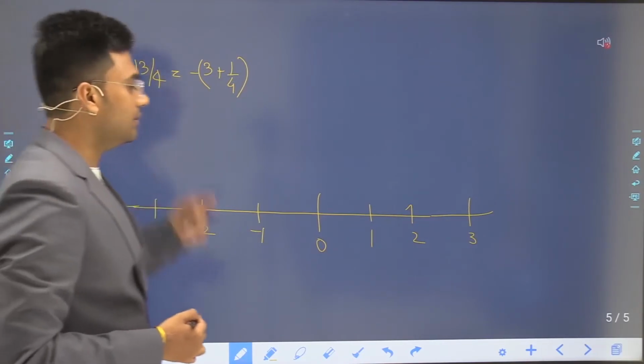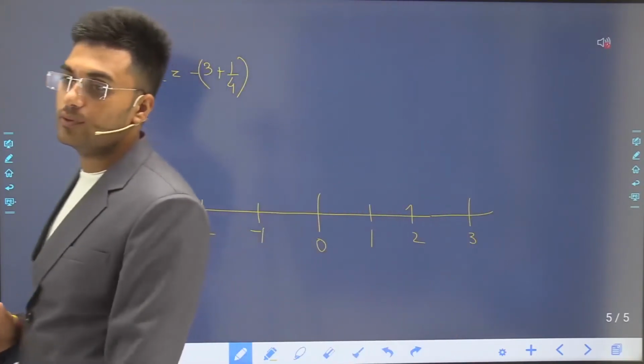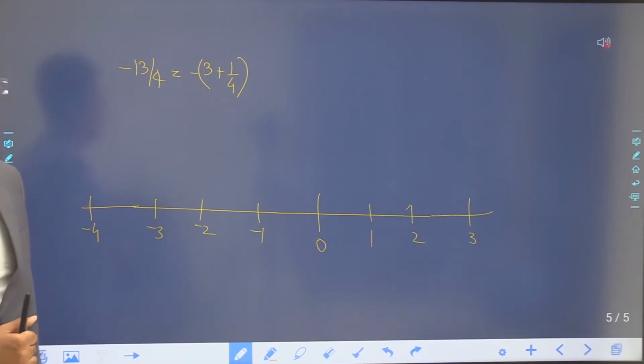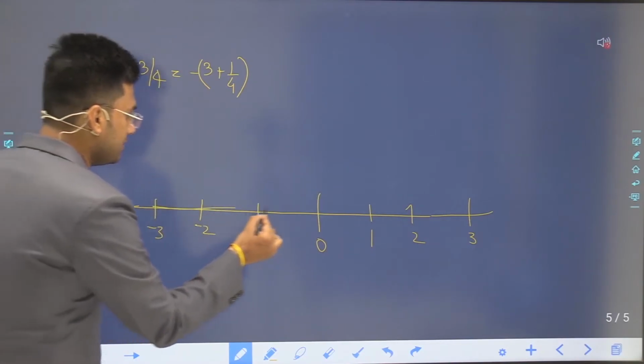This number lies between minus 3 and minus 4. So this distance is minus 3